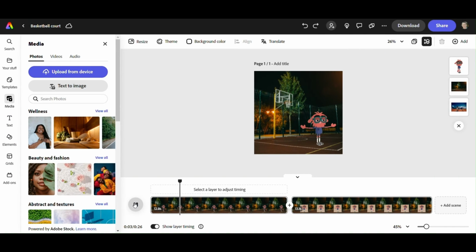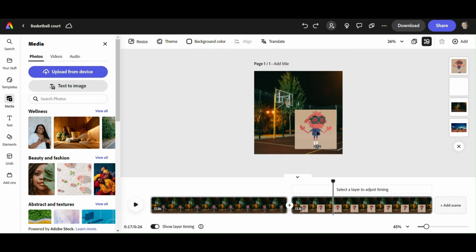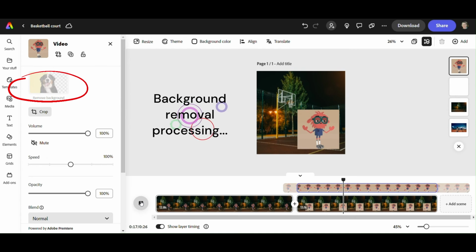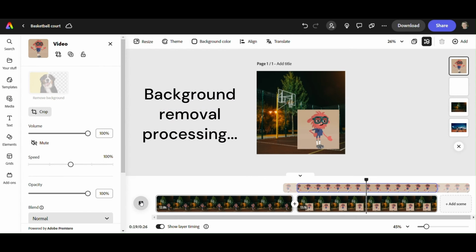Notice how it looks like I'm standing right here on this basketball court. Well, when you place an Animate from Audio object in an Adobe Express project, then you click on that object, in this case me, then you select Remove from Background over here on the left. When you click that, Adobe will remove the background and it will look like I am standing right there in the middle of the basketball court, or wherever the scene is that you've placed the object.